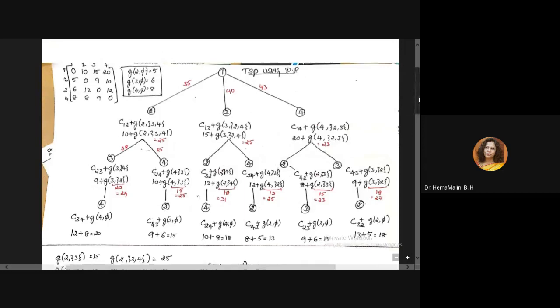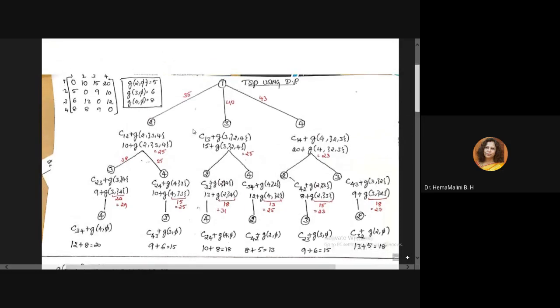Now we will have to go one level higher. So this is 25 plus 10, from 2 to 1, it would be 35. In the same way, 15 plus 25 is 40. 20 plus 23 is 43.